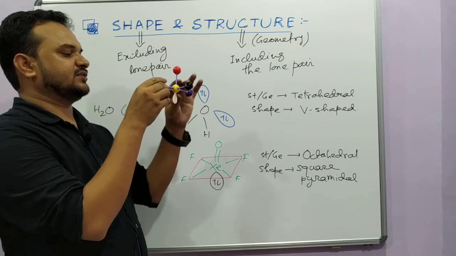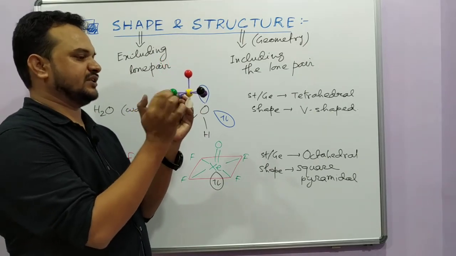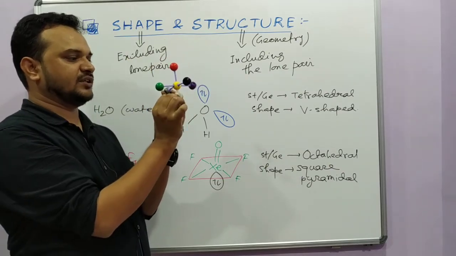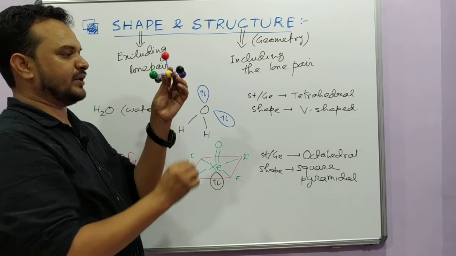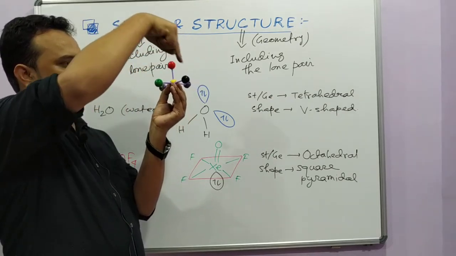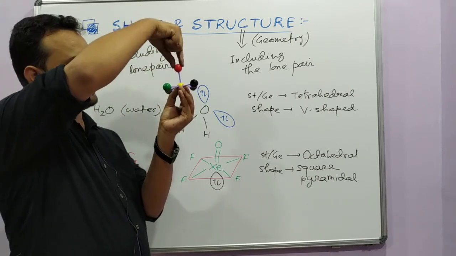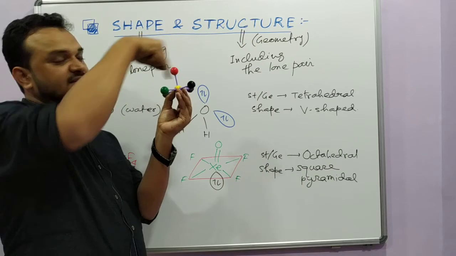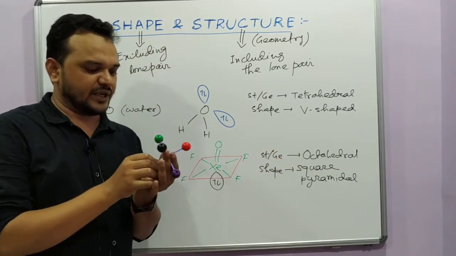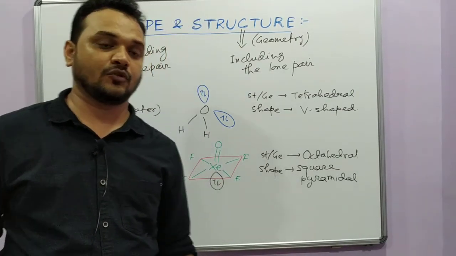So this is the molecule, right? Exactly this one. These are the 4 fluorine atoms, this one is the oxygen, this one is the lone pair. So this is octahedral geometry. Now if I remove the lone pair to determine the shape, it is a square plane. And if you join this oxygen with each of the fluorines, it will look like a pyramid. So it is a pyramid where the basal plane is square. So it is square pyramidal. In this way we can determine the shape by calculating H and the number of lone pairs.